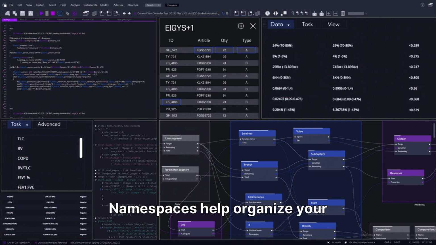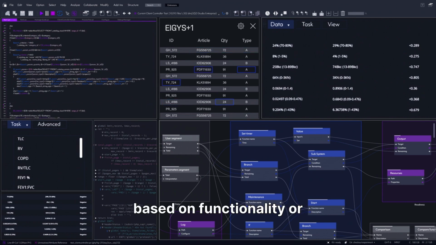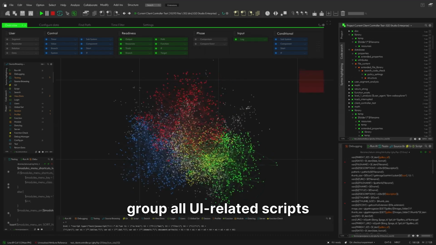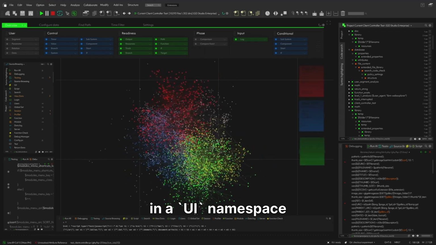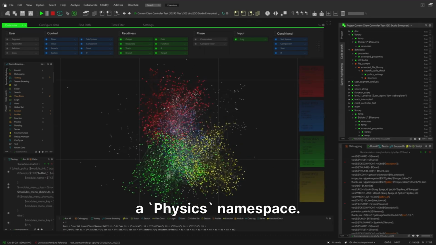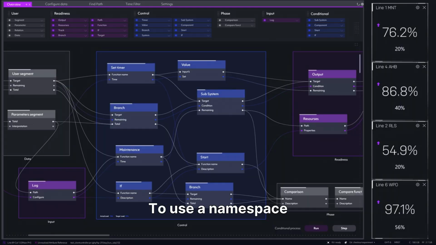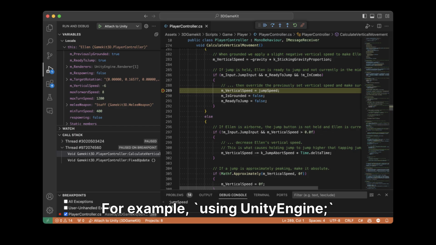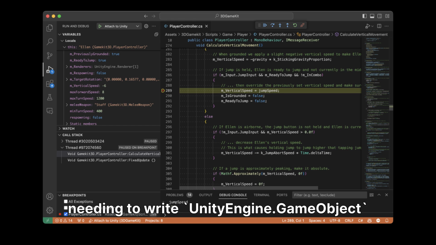Namespaces help organize your code into logical groups based on functionality or domain. For example, you could group all UI-related scripts in a UI namespace and physics-related scripts in a Physics namespace. To use a namespace in a script, you can use the using directive at the top of your script. For example, using UnityEngine allows you to use Unity's built-in classes without needing to write UnityEngine before GameObject